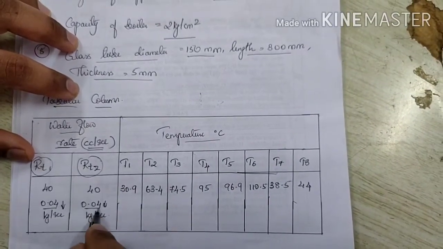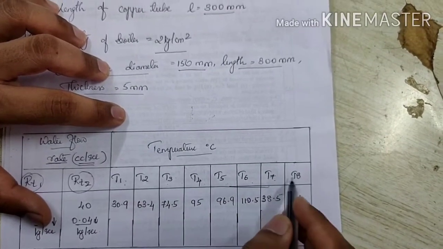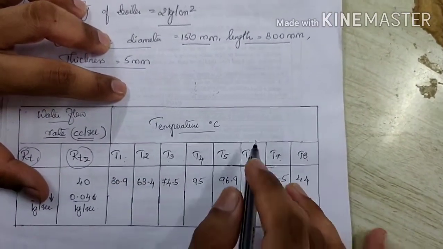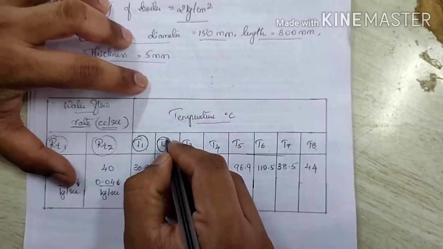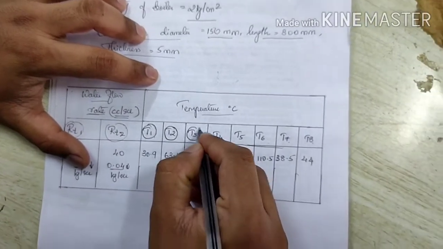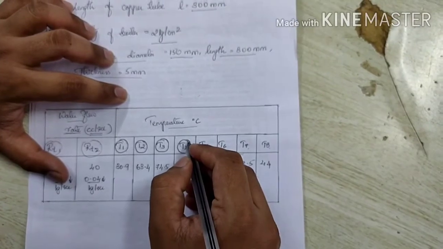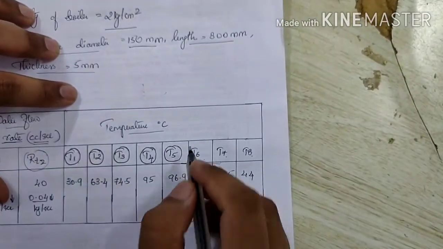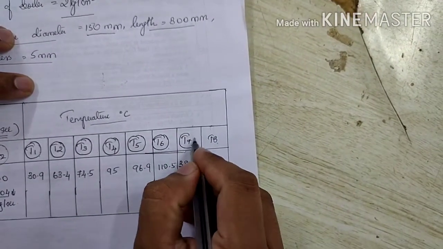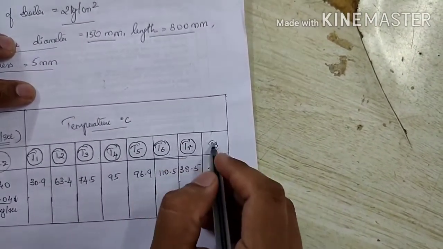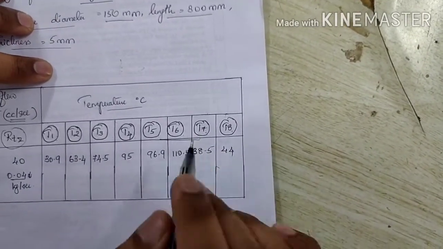That will be 0.04 kg per second, and the temperatures T1 to T8 are the 8 temperatures which we have seen in the experiment, where T1 is the water inlet temperature, T2 is the surface temperature of the copper, T3 is the chamber temperature in which the copper is placed, T4 is the temperature of the surface of the nickel copper tube, T5 is the chamber temperature for that, and T6 is the steam inlet temperature, T7 is the water outlet temperature for the copper tube, and T8 is the water outlet temperature for nickel plated copper tube.